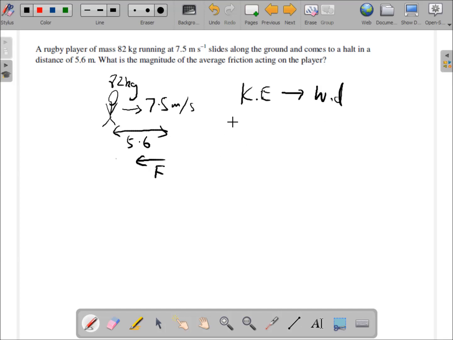So we essentially end up with two equations. We've got the equation for kinetic energy, half mv squared, and that's going to equal the equation for work done, which is force times distance travelled. This force here being the frictional force, and the distance travelled being the distance travelled in the same plane as that force. So luckily we've got information about his mass and his velocity, which allows us to calculate the kinetic energy. So if we rearrange for F, we're going to get the kinetic energy, half mv squared, divided by